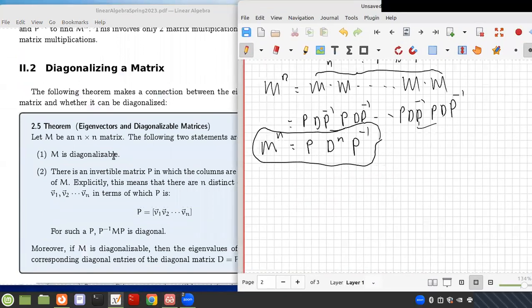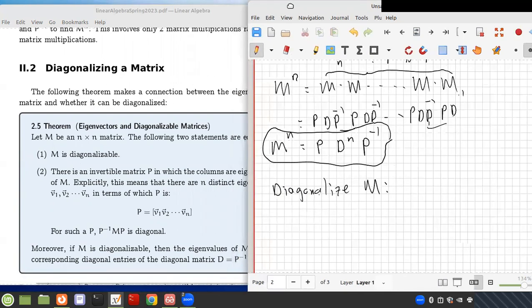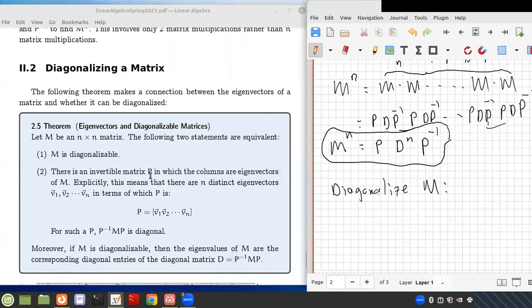There is a theorem that says M is diagonalizable, and this is equivalent to there being an invertible matrix P in which the columns are the eigenvectors